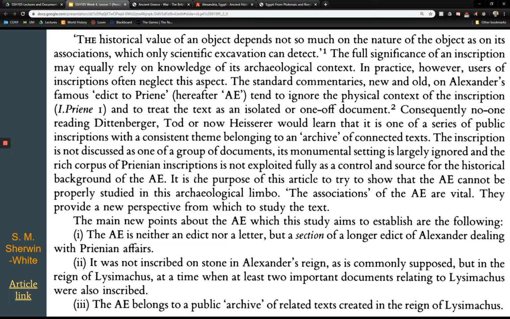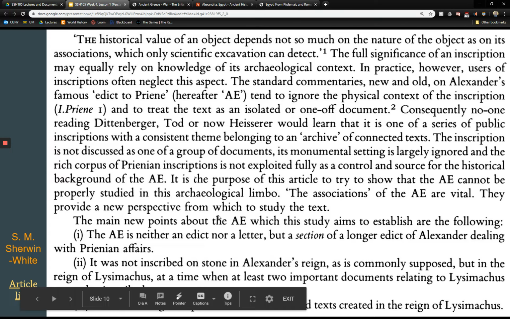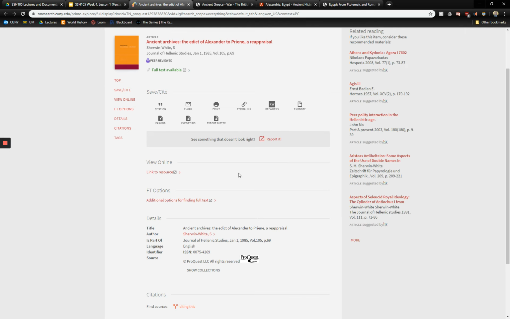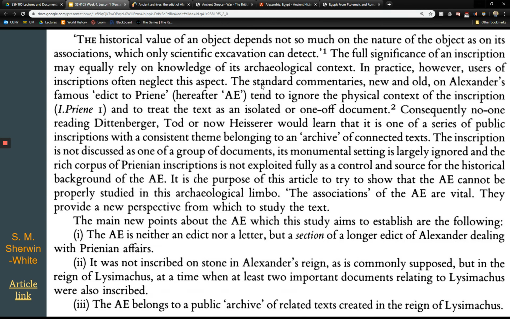And in fact, it was made probably by one of his lieutenants or generals, who's called Lysimachus. I'm not sure how to pronounce it. But here's an article. If you're interested in this stuff, you can read this article directly. It's available through our CUNY access, and I'll be talking to you about how to get articles on Thursday. But you can get the entire article to read yourself. I'm not going to read all this to you, but this person, writing in, I think, 1985,